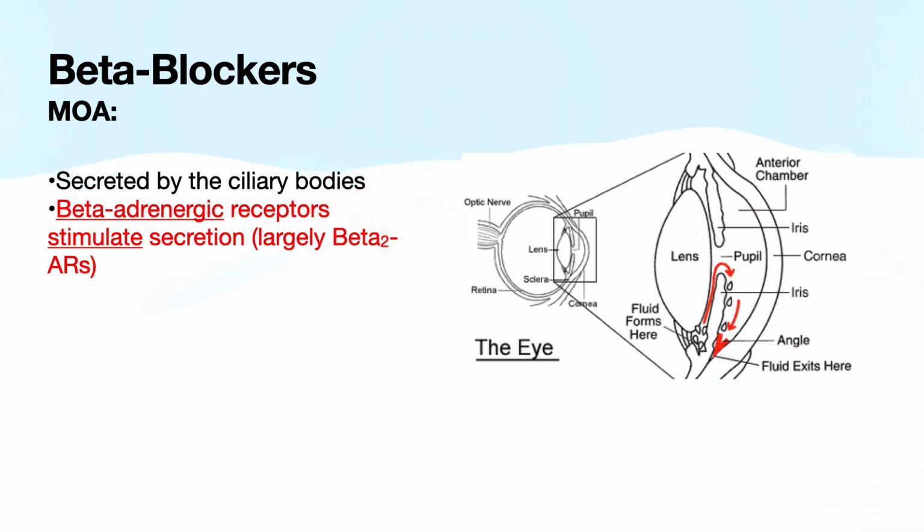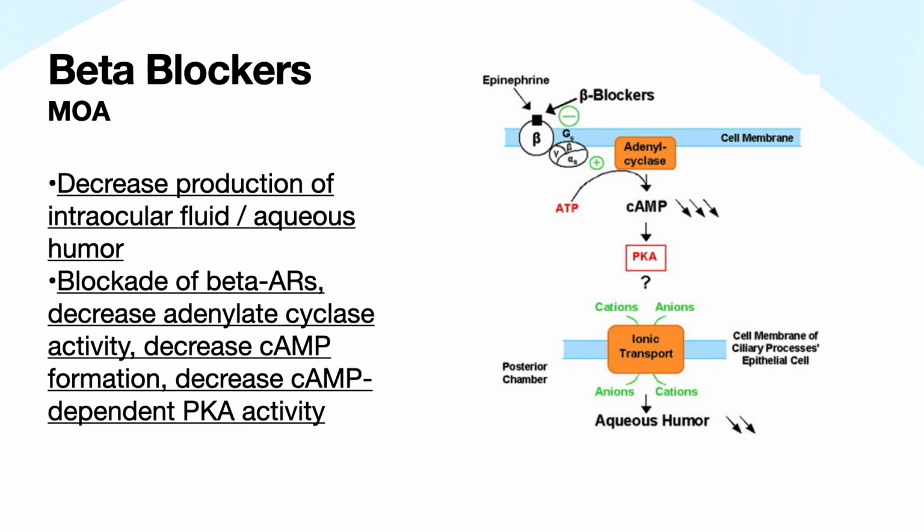And these receptors, by stimulating beta receptors on these bodies, it will stimulate secretion. So they are responsible for aqueous humor production. So if stimulating beta receptors can enhance productions, to decrease productions, we will use beta blockers. Now they are used to decrease productions of intraocular fluid and aqueous humor, and blockade of beta adrenergic receptors decrease